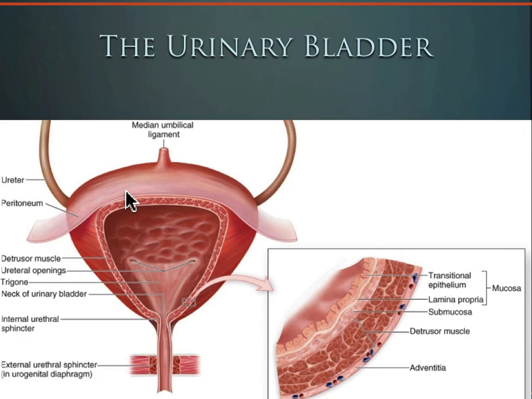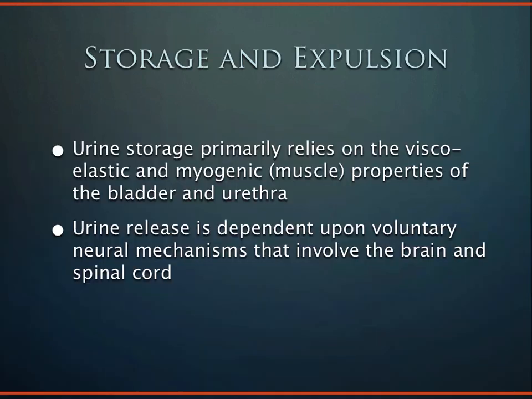It's called the detrusor, and it's made up of the smooth muscle that you can see here. Basically it responds to the impulses of the autonomic nervous system and actually involuntarily contracts. And so the method in which the urine is stored and then eventually expelled involves a complex extrinsic neural regulation mechanism. The storage component really relies upon the elastic and the muscular properties of both the bladder and the urethra, whereas the release component is really dependent on the voluntary neural mechanisms that you control with your brain and your